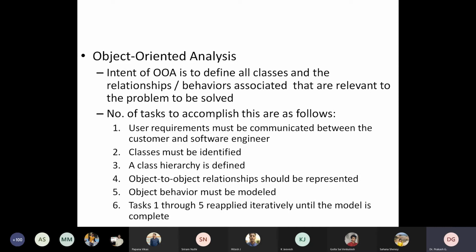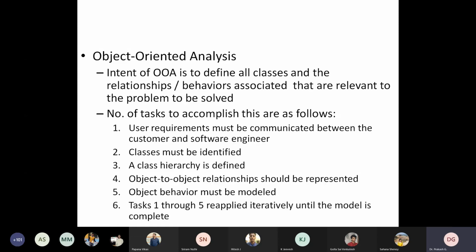Then the classes must be identified. You have to define the class, you have to define the class hierarchy, you should know about the object to object relationship, you should know about the object behavior. Okay, so these tasks 1 to 5 are reapplied iteratively until the model is complete. So this task is continuous.